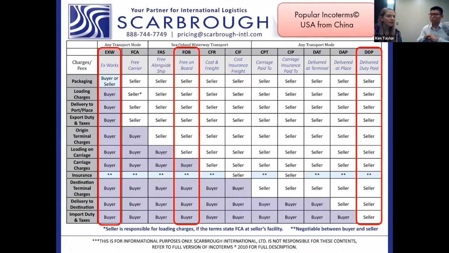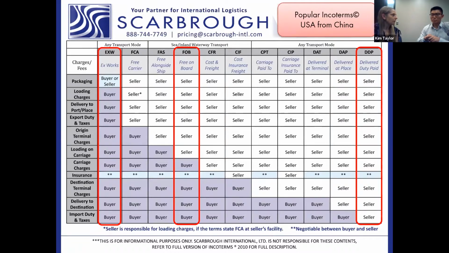So obviously, if you're importing more than one time in your lifetime, you need to talk to an international freight forwarder or U.S. customs broker to help you through that process. We're the experts. We can tell you what to watch out for. I'm just giving you warnings from a lot of call-ins that we get from people not doing their homework before they buy a product off of Alibaba, for example. But if you're a larger importer, you want to buy on FOB or Ex Works terms. I wouldn't ever suggest the DDP.